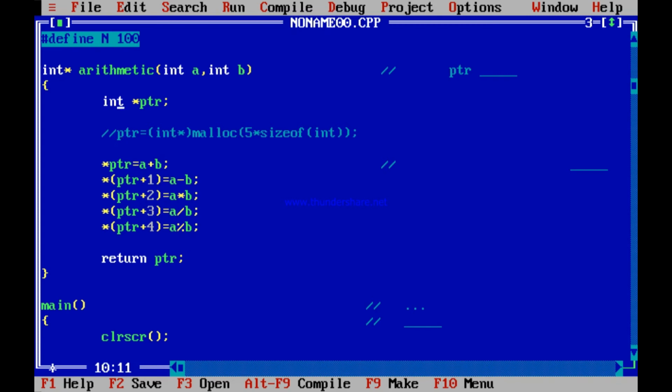I know that if I just write int PTR[5], the same thing happens. See, if I write int PTR[5], then 5 into 2, 10 memory locations are allocated starting from PTR. The rest of the thing is as good as this: star PTR equal to A plus B, star of PTR plus 1, and so on.